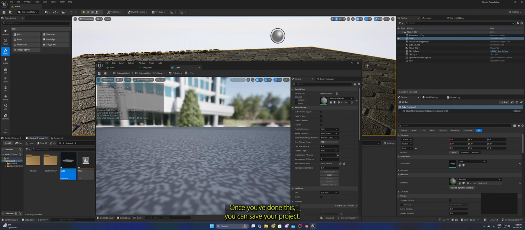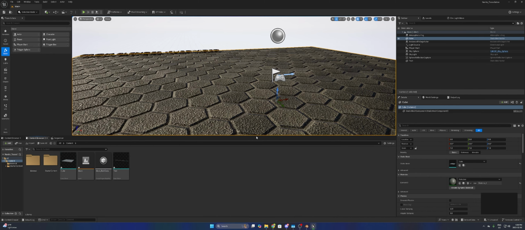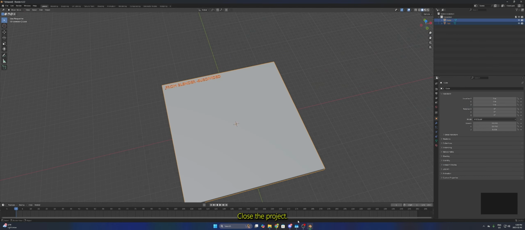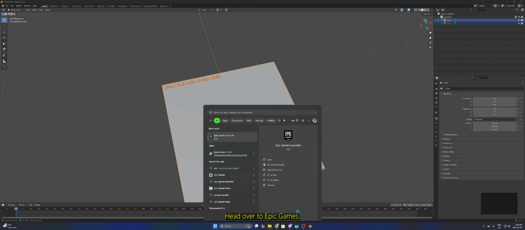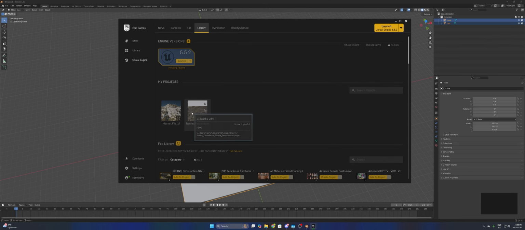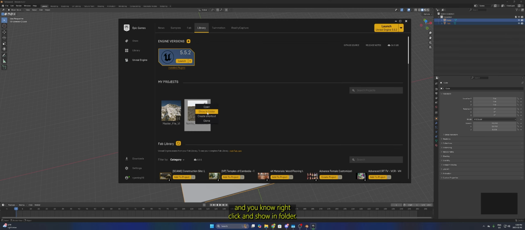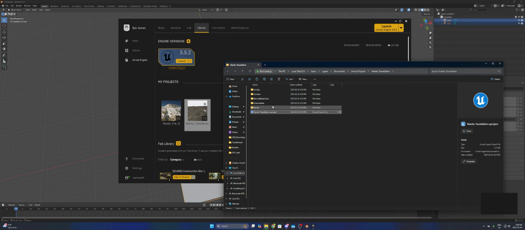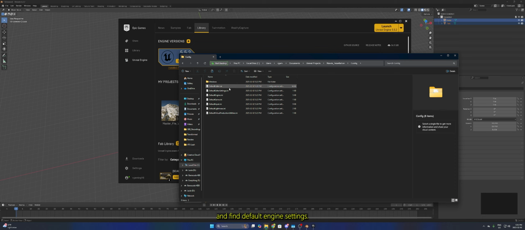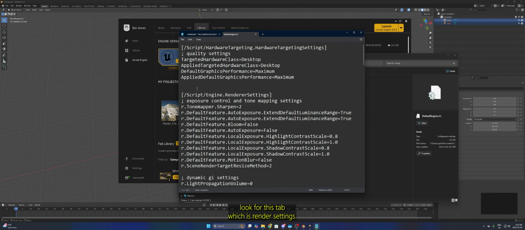Once you've done this, you can save your project, close the project, head over to Epic Games, go to your project, and right click and show in folder. Once in here, you want to head down into config and find default engine settings. And then you want to look for this tab, which is render settings, and you add